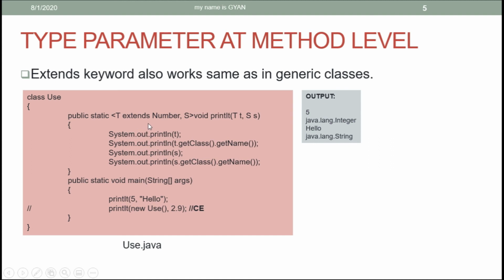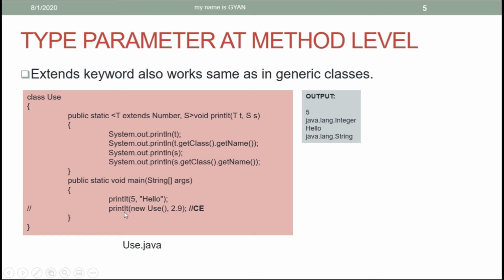You cannot store anything other than a Number or children of Number in the reference variable of type T. Therefore, we can call the printed method by using arguments of type Integer and of type String. Because T is bounded to Number, the reference of this Integer can be stored in the reference variable of type T. But S is not bounded to any data type, therefore for the JVM, S is still of type java.lang.Object, which can store any object in Java.